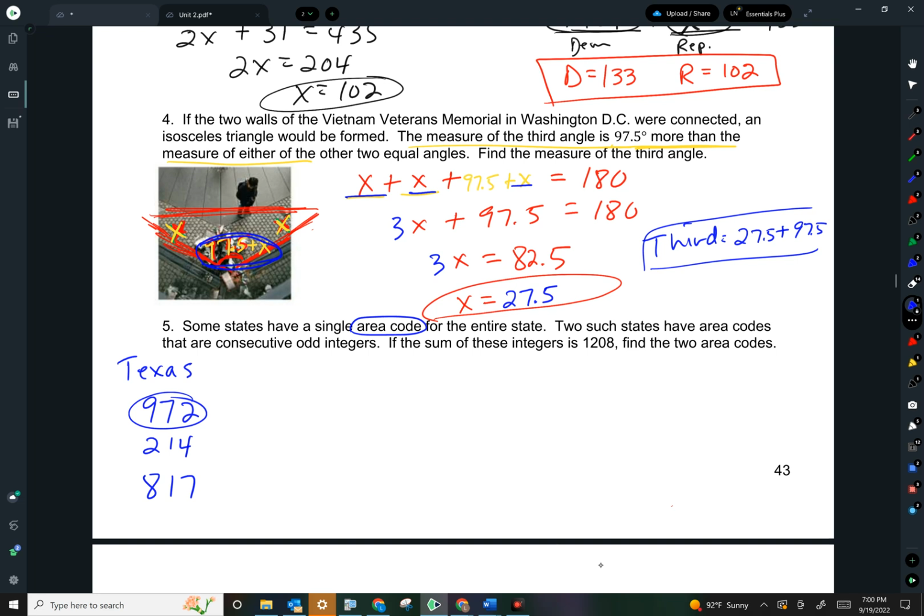It says, two such states have area codes that are consecutive odd integers. So if you think about the first three numbers of your area code, this is saying that they are consecutive odd integers, like 357 or 579 or I guess 135, something like that. It says if the sum of these integers is 1208, find the two area codes. So two such states have area codes that are consecutive odd integers. All right, so what that means is